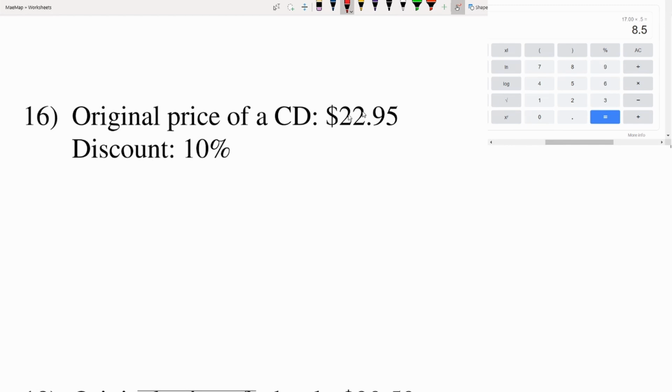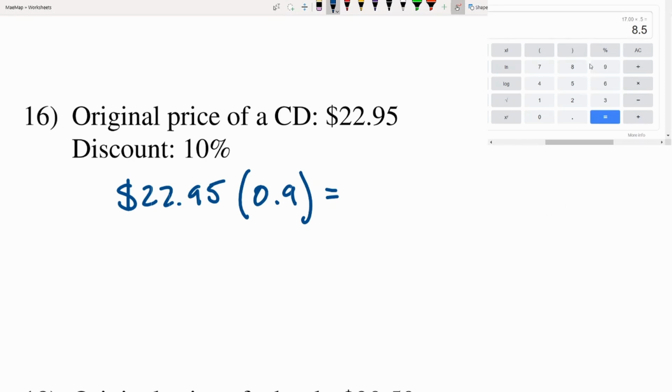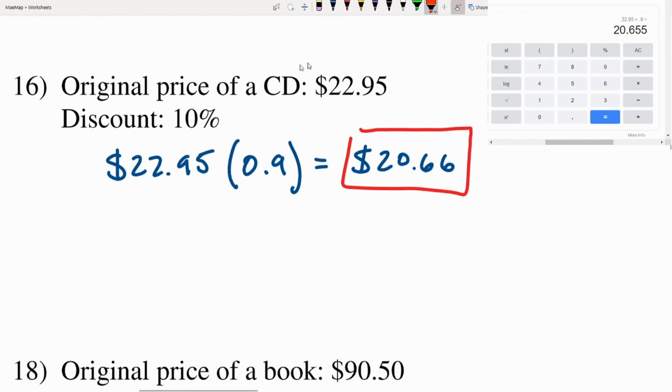So now we've got a CD that's $22.95, and we're discounting it by 10%. 1 minus 0.1, if we change 10% to a decimal, would be 0.9. 100% minus 10% is 90%, so 0.9. 22.95 times 0.9 is going to be 20.655, which, rounding to the nearest hundredth, is going to be $20.66. And again, that was a discount, so we should expect the price to be lower, which $20.66 is indeed